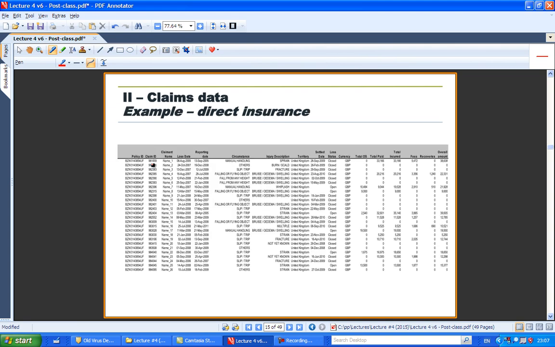So moving on, here's an example I gave you before. Earlier on, I gave you an example of policy data from a portfolio of policies. Here is an example of claims data for a particular commercial lines client. Okay, a corporate organization. Let me see what this could be. This could